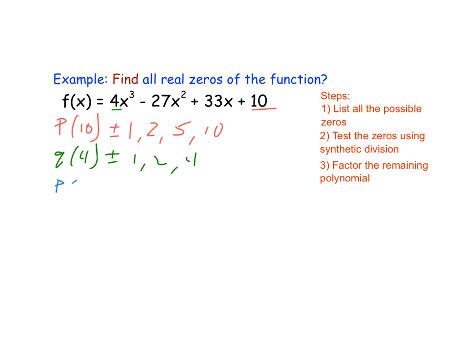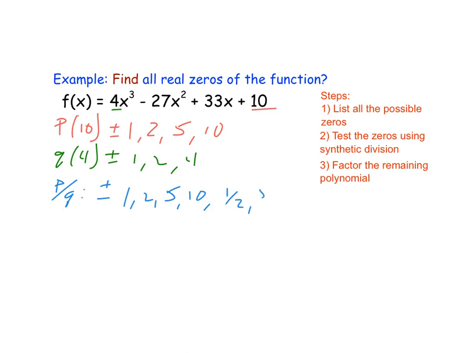So p divided by q, plus or minus. So 1 divided by 1, 2 divided by 1, 5 divided by 1, 10 divided by 1. And then 1 divided by 2, 2 divided by 2, which is 1, don't need it,